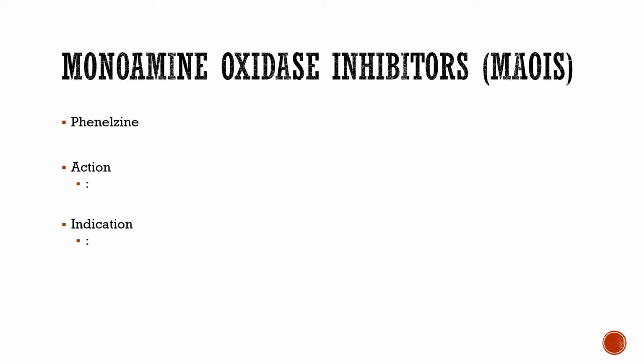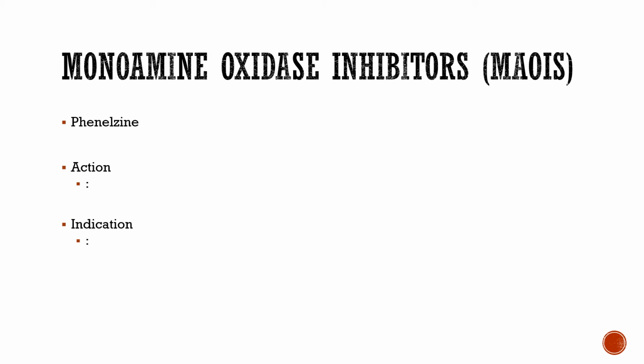Phenelzine is the most common. It's called Nardil, but there are others. Carboxazid is one, but phenelzine is the most common one. You don't see these, though. It's not like these are common medicines. Again, these are last resort medicines. If you work in psych, you'll probably see these more often. If you don't, you may see them very rarely.